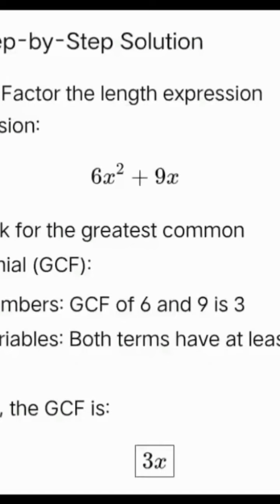So we have here the step-by-step solution. Step 1. Factor the length expression. 6x squared plus 9x. So we are going to look for the greatest